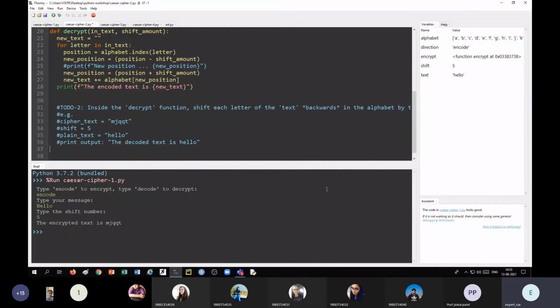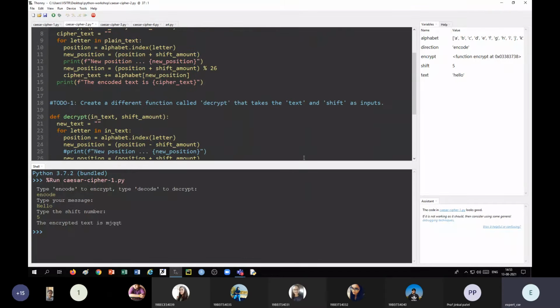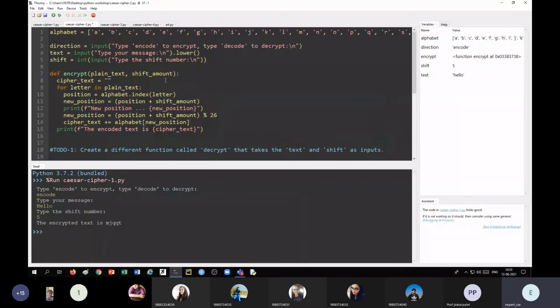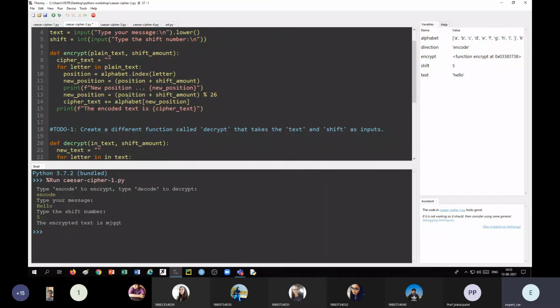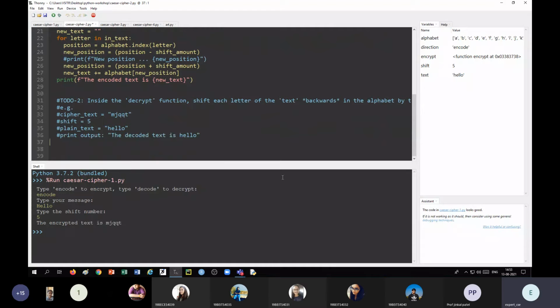So here you have to write that if your direction is encode, then we call the encrypt function. If your direction is decode, then we will use the decrypt function. So we have to write, say, if direction is equal to encode, then we have to call the encrypt function, encrypt text comma shift.